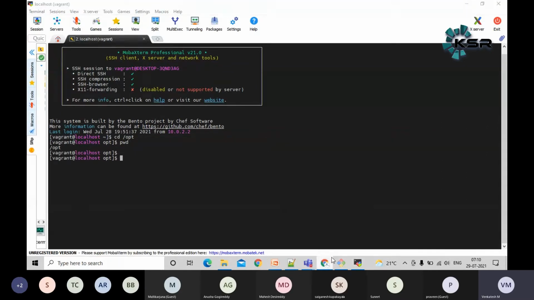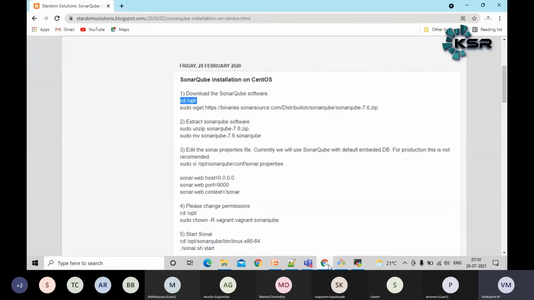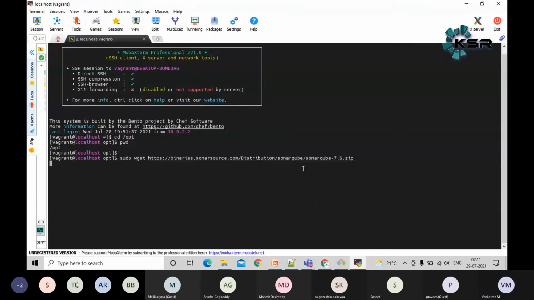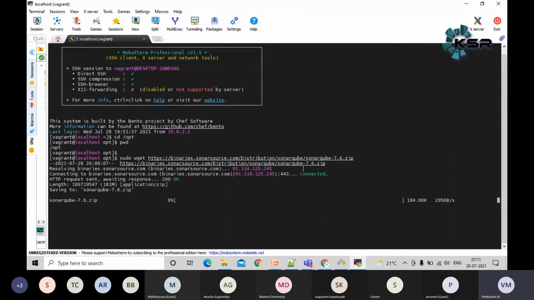Now, as I mentioned in the initial sessions, if you want to download any package from the internet, you can use the wget command. It can be any file from the internet, guys, any valid file. Now I'm going to download the SonarQube 7.6 version. This is my URL and this is my package name, SonarQube 7.6. Let me download this one. It will take some time, guys. It is a file of at least 200 MB.